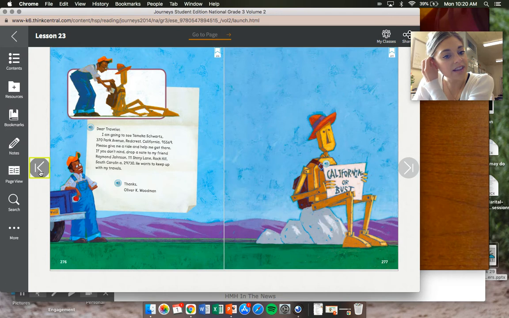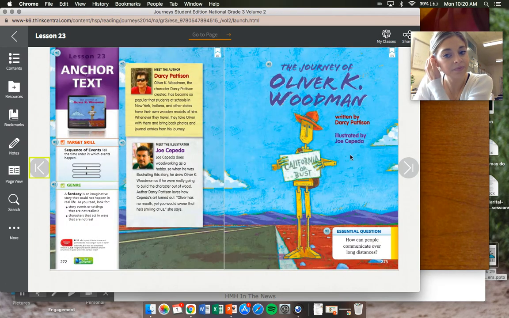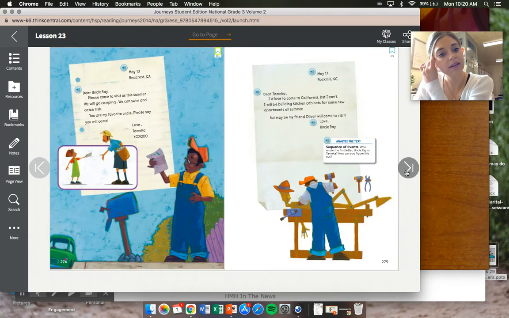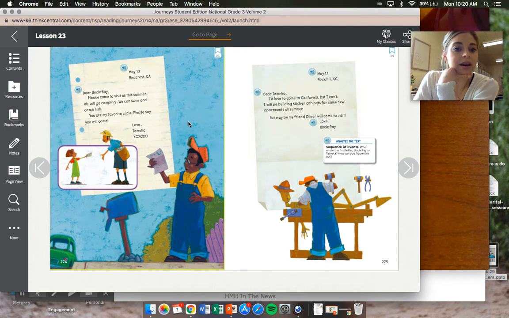The first letter is from Tamika. It says, May 10th, Red Crest, California. Dear Uncle Ray, please come visit us this summer. We will go camping, we can swim and catch fish. You are my favorite uncle. Please say you will come. Love, Tamika,